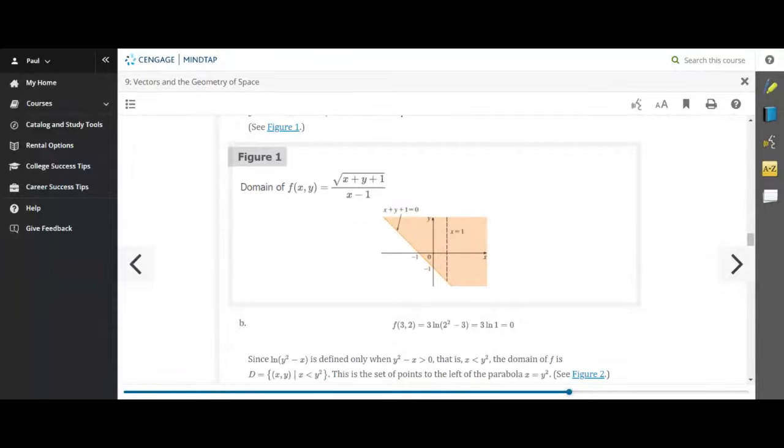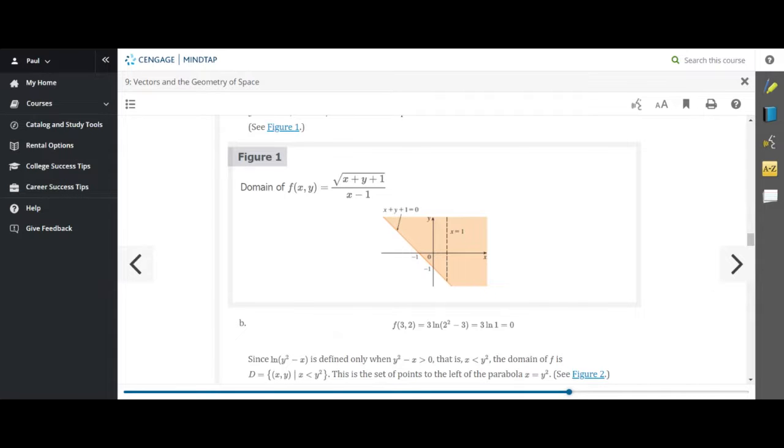Okay, so the domain is a two-dimensional domain. And you notice in the picture there in figure 1, the domain doesn't include the vertical asymptote x equals 1 because you can't allow x to equal 1. That would make the denominator of this function equal to 0. But also, x plus y plus 1 equals 0, well, that's the same as y equals negative x minus 1. If you look at the boundary line of where the shaded region is there,